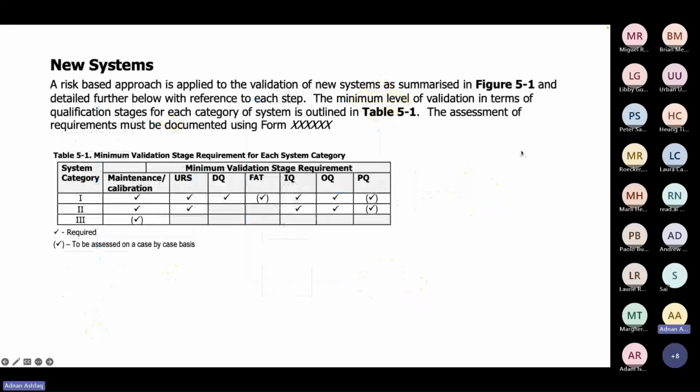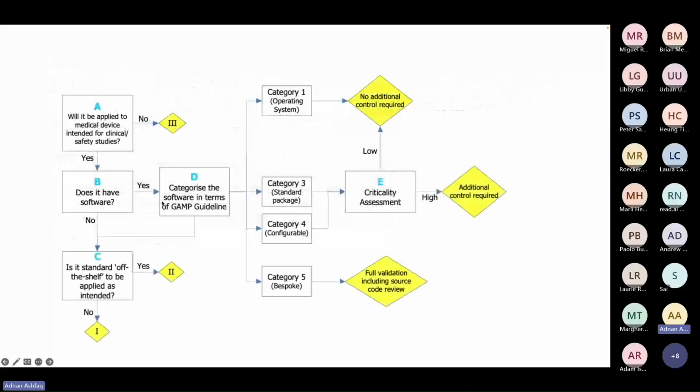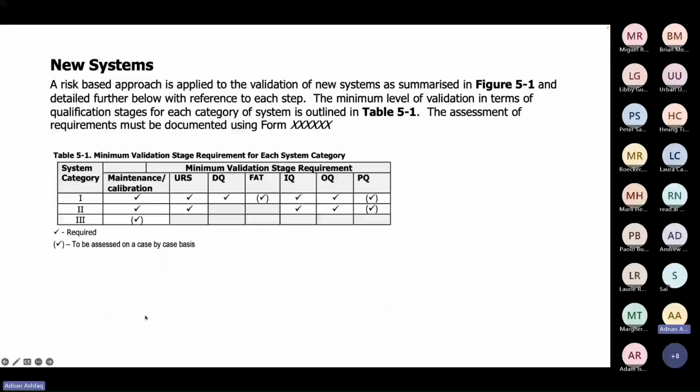So what this will mean, for example, is if you have a new system and you're following a risk-based approach, this table here, which I use in my processes, would mean if you were a system category 1, so if I flick back to this, which means does it have software? No, but is it standard off the shelf to be applied? That means if the answer is no,